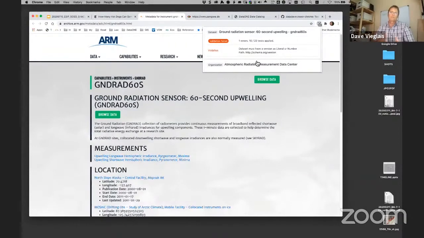And when the tool detects that there's a data set in the JSON-LD, it'll send that JSON-LD data set metadata across to the web service running on AWS to run the validation report using the SHACL rules that are coming out of the Science on Schema.org group. In this case, we see that this particular thing failed.